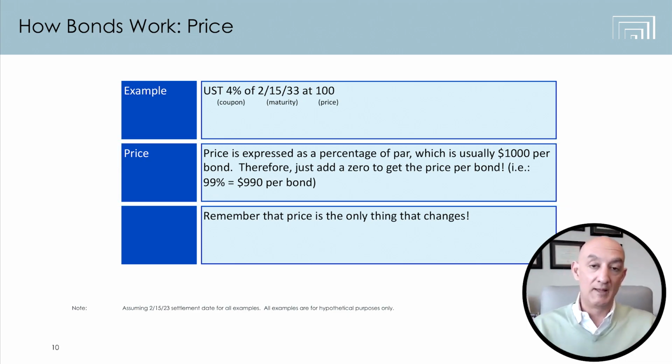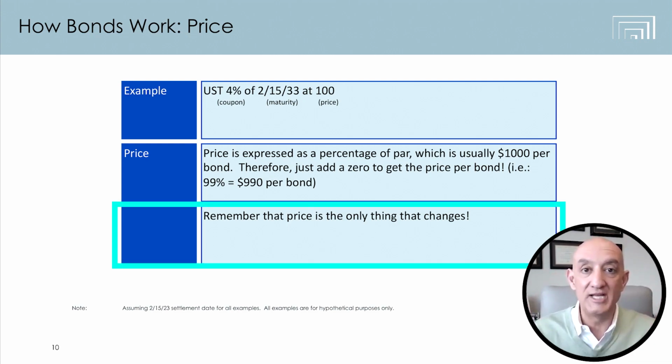So remember, between today and 10 years from now, the maturity date of this bond, it can be bought and sold in the open market. So you can buy this bond in a new issue today. You can sell it anytime you want. You can buy it back. Between today and its maturity 10 years from now, the only thing that changes on this bond is the price. So remember that point, because we're going to come back to it.